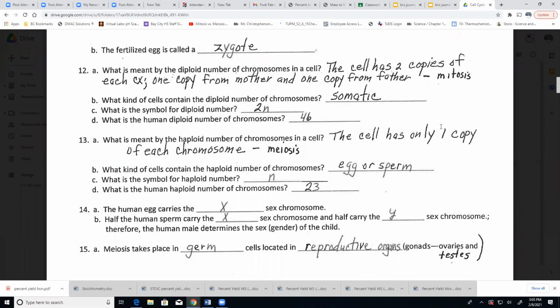So meiosis takes place in the germ cells, which are going to be your sex cells, which are going to be in your egg and your sperm. The process that we're going to be talking about in meiosis, where we half our chromosomes so we can get down to half, is only going to be happening in the egg and the sperm. All the other 99.9% of the cells in your body are only going through mitosis. They're going to always keep that diploid, or that 46 for humans, 46 number of chromosomes.